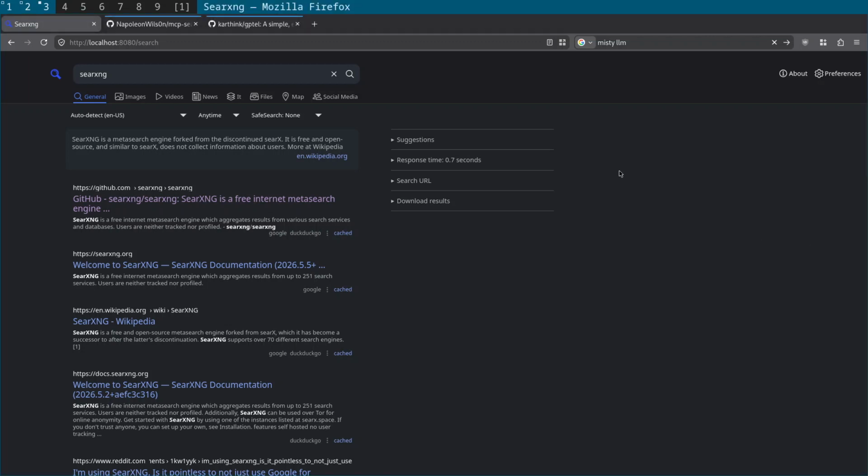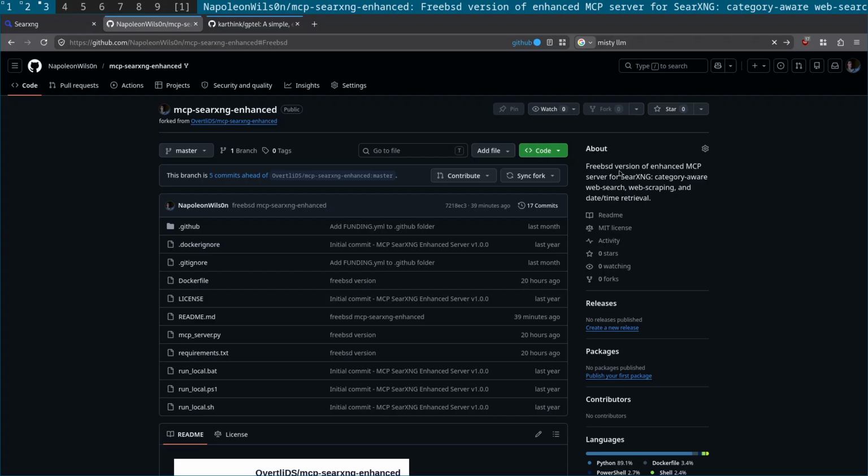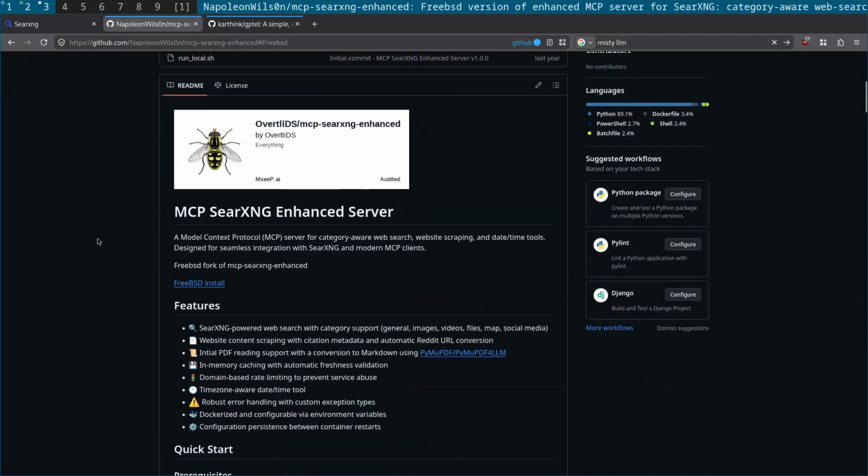Hi, in today's video we're going to take a look at installing Podman on FreeBSD, and we're going to use this to install searxng, which is your own private search engine, and we're also going to set up mcp-searxng-enhanced. And what I've done is actually create a FreeBSD fork of this, and what this is used for is so that you can connect your LLMs running locally or in the cloud to searxng to give them web access